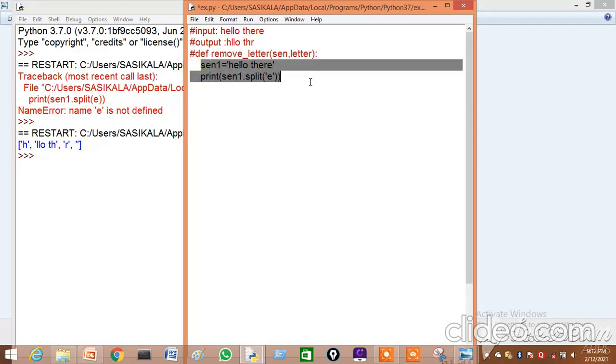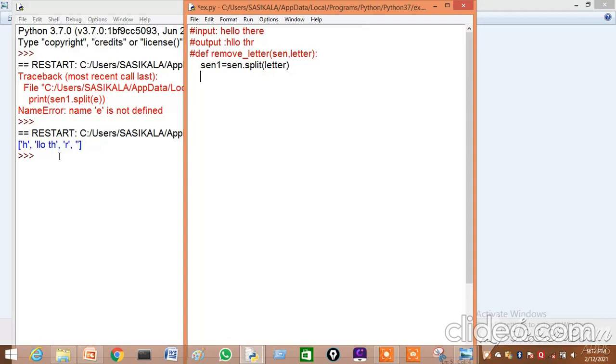Let us remove this. For example, I showed that. Let us remove this, and send1 is equal to send dot split, and the letter I am going to pass to this method. Then you saw that if I use the split method, the output will be like this: separate items inside the list.